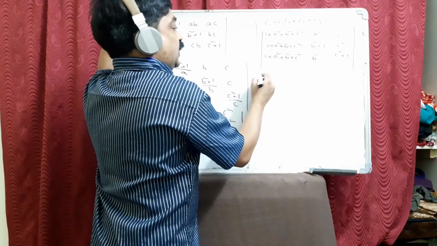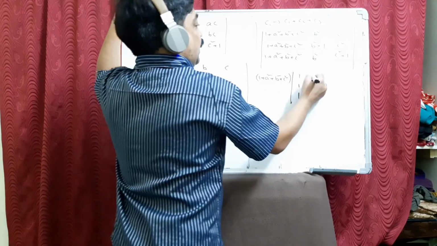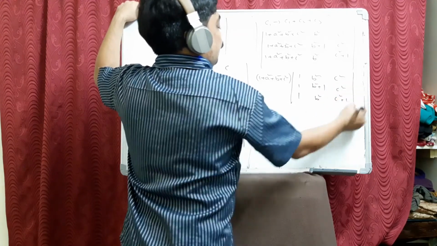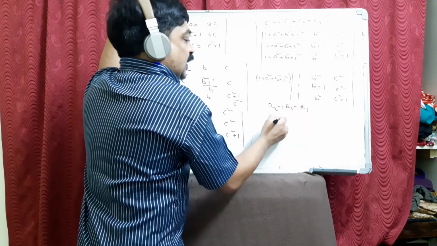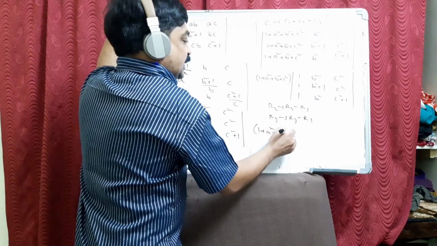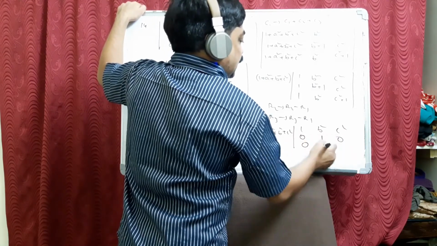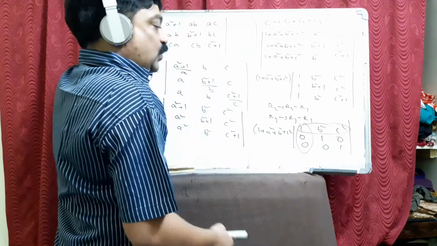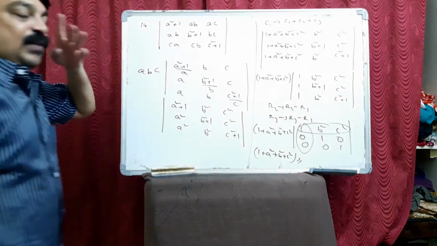What you can take out from the first column? 1 plus a square plus b square plus c square. It becomes 1, 1, 1, b square plus 1, b square, c square, c square, c square plus 1. So now, when you have ones, R2 to R2 minus R1, R3 to R3 minus R1. So it becomes 1 plus a square plus b square plus c square, 1 b square c square, 0, 1, 0, 0, 0, 1. Now you can eliminate this, and it is nothing but 1 minus 0. You get the same answer, 1 plus a square plus b square plus c square. Okay?